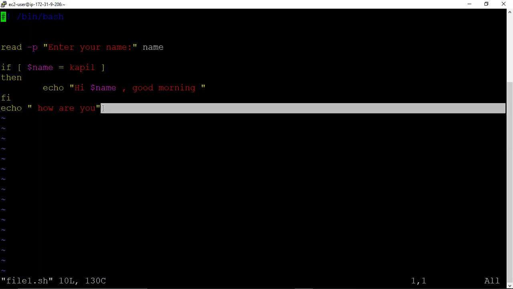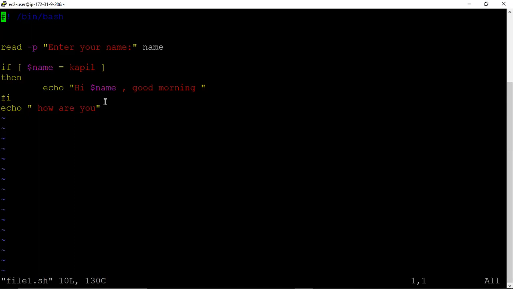Now say if I remove this and let us run this script. See, I have already written at the top hash, then the exclamation mark, then bin bash.